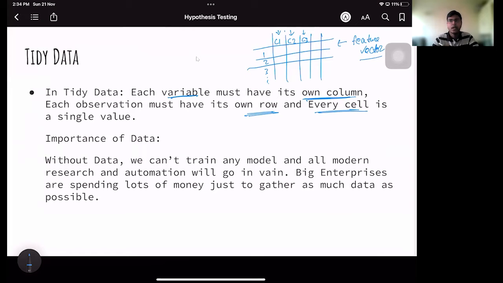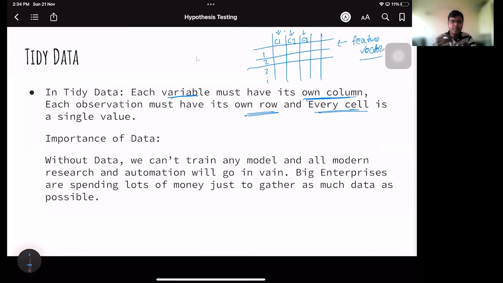Let's say for person number 1, his height should be 169 centimeters. That is a single value. It can't be, and it shouldn't be, more than one value, obviously. So if a data set contains more than one value in a single cell, then that is not tidy data, and there is something very wrong here. So we have to convert it, and we have to check it. This involves human involvement, as we discussed in the previous slide. So this is tidy data.